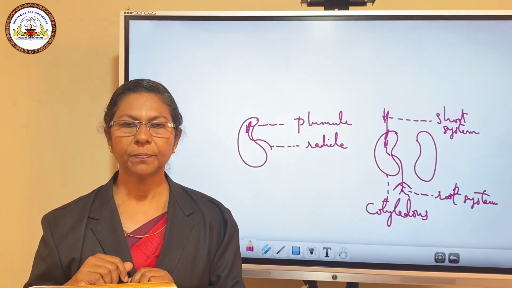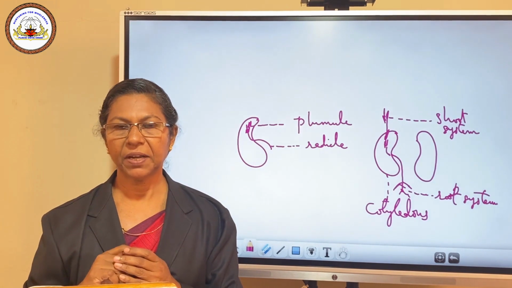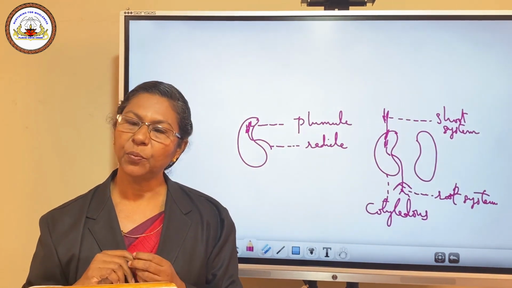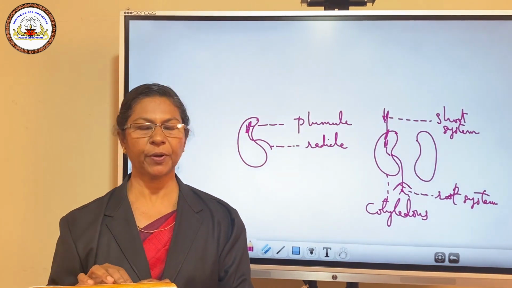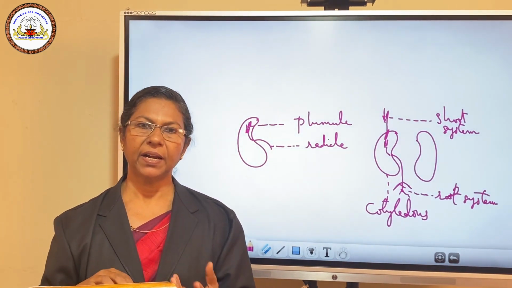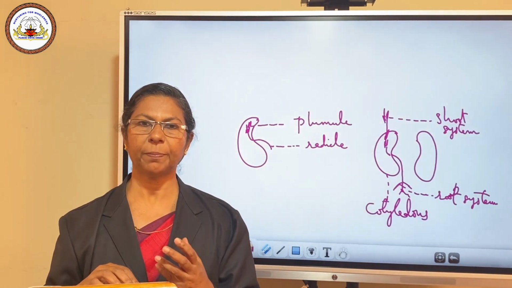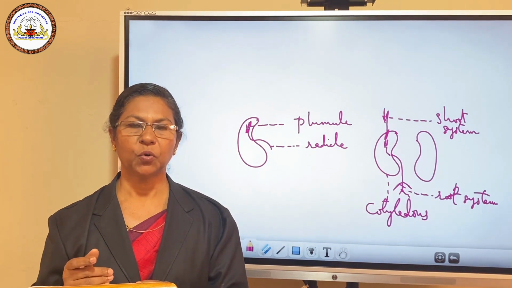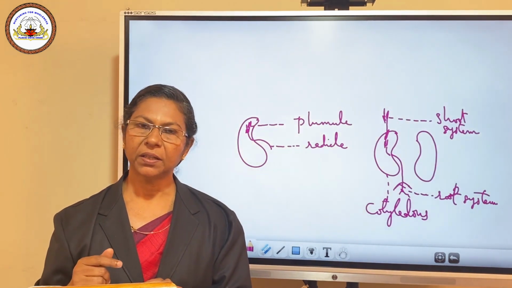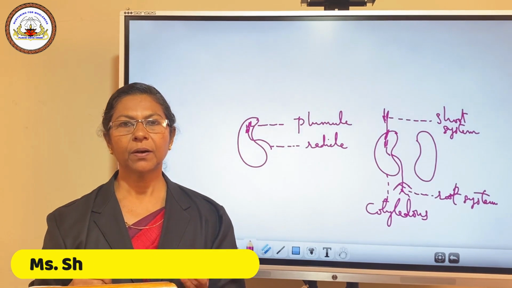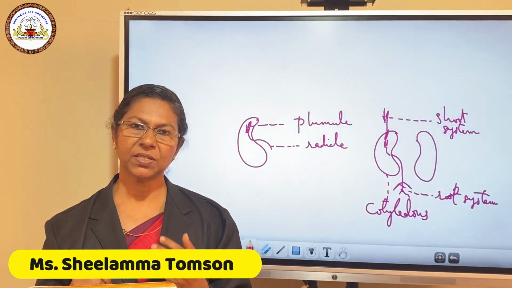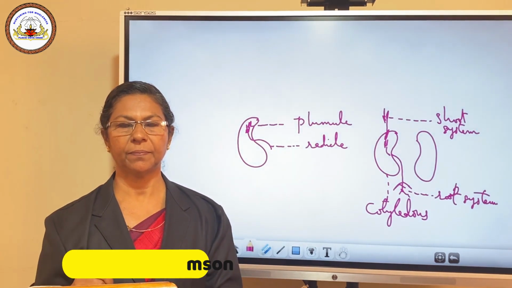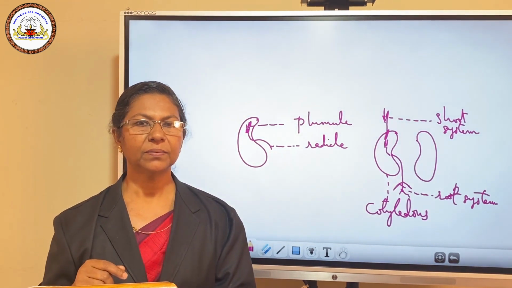Now we have to do a quick recap. We studied the different methods of vegetative propagation, and the advantages and disadvantages of vegetative propagation. Then we studied sexual reproduction in flowering plants. What are the parts of a flower? What is pollination? What are the different types of pollination? What are the post-fertilization changes in a flower? And what are the parts of a germinating seed? Let me conclude. Thank you.